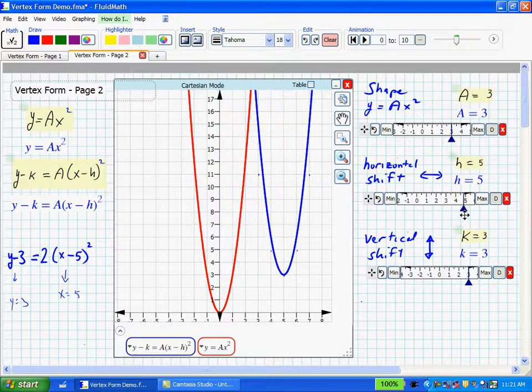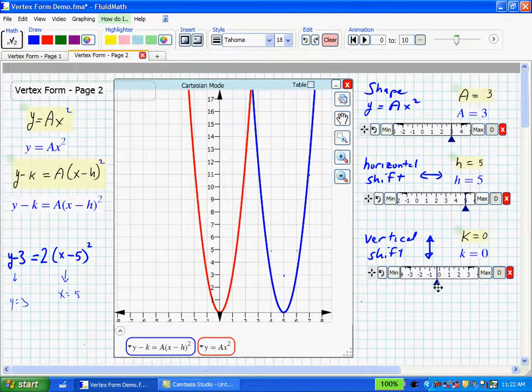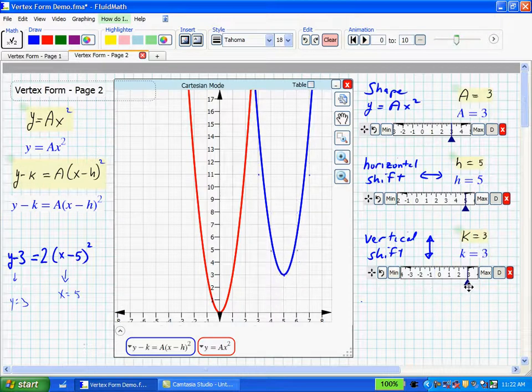We'll make it back to the 5 we had. And if you slide up and down, it's what you're taking away from y, the k. It slides up and down. So when you're drawing these curves, you basically want to think about, okay, it's the red shape that's been moved. Where has it been moved? It's been moved to the point h, k, x equals h, y equals k, and that's where you start in drawing the exact same shape you would have drawn back at the origin. That's the